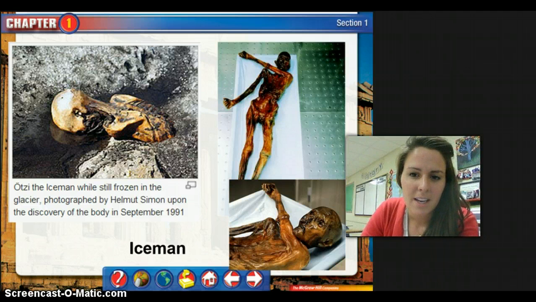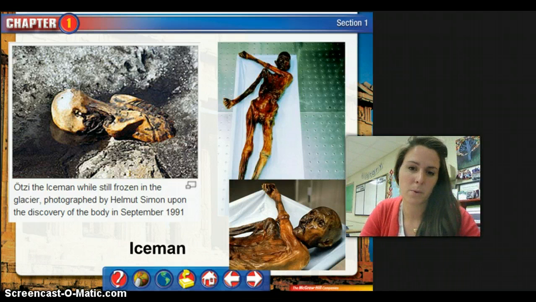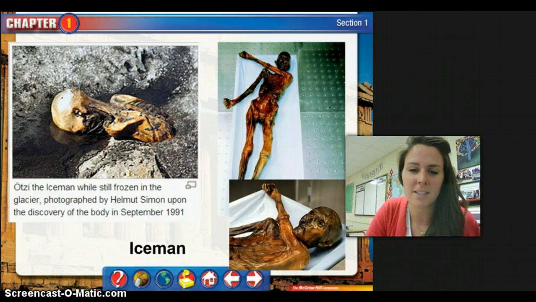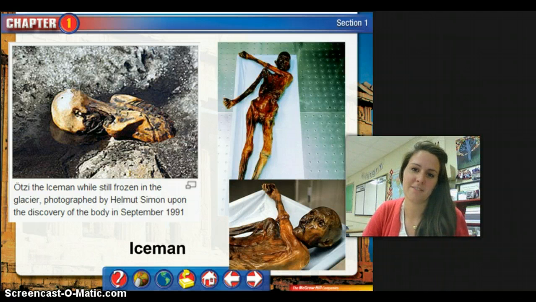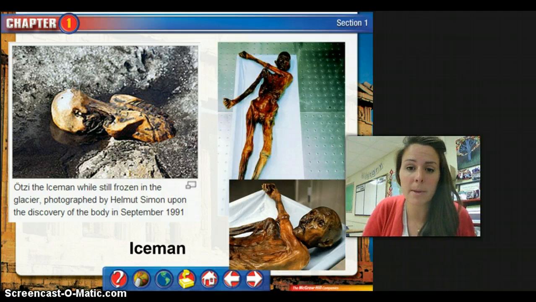Now, the Iceman, archaeologists discovered through a scan and his blood analysis that he was born in 3500 BC, that he's a man, and that he was stabbed in the artery and bled out, and also probably experienced a fatal blow to his head. So that's kind of like CSI right there. You figured out how he died, how painful his death was, and how old he was. He was probably about 45.